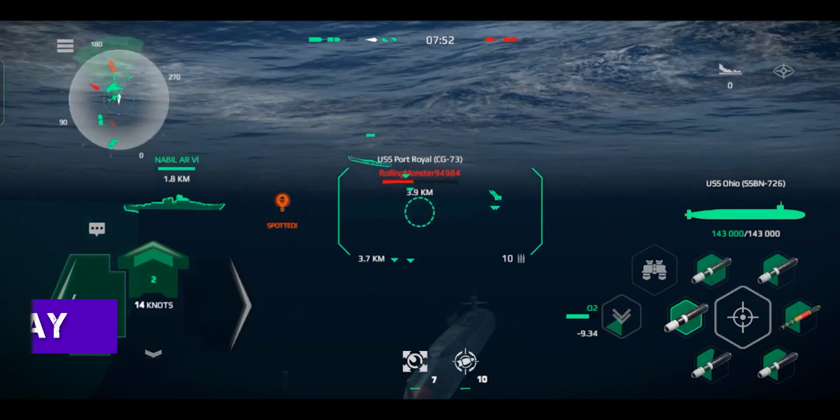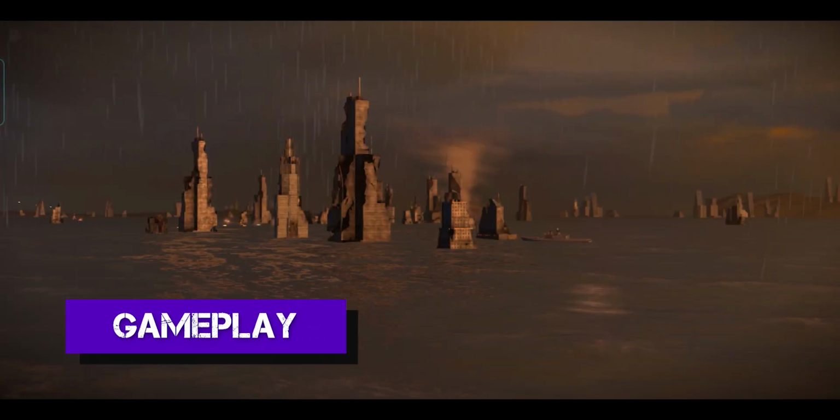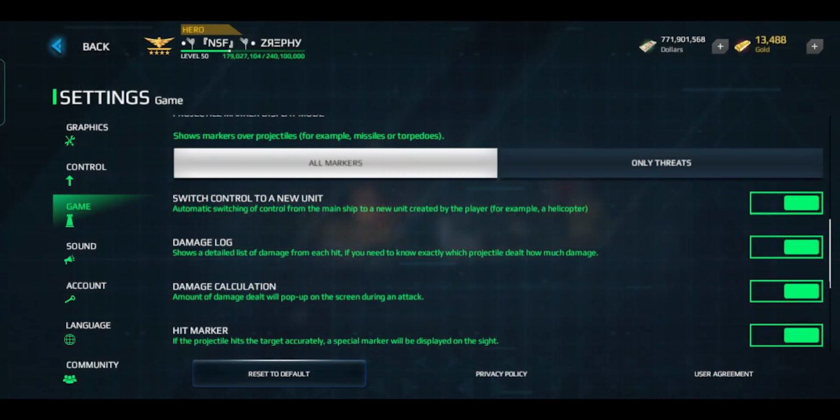Next is the gameplay and graphics. I'll talk about the gameplay first. They've added a very cool map that has a tornado that could actually destroy aircraft. They've added little helpful features on the weapon interface, and they've also redesigned some of its existing features too. It's all good. But what I don't like in this part is the part where you'll have the chance